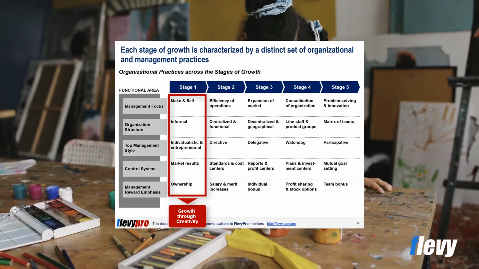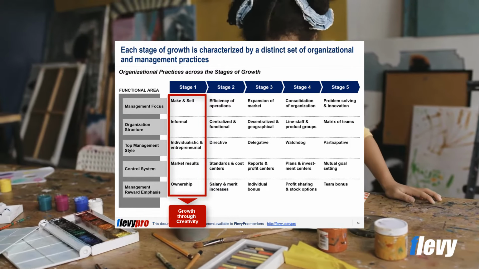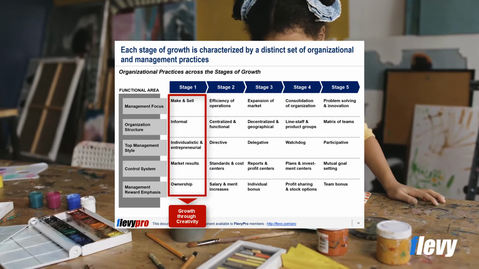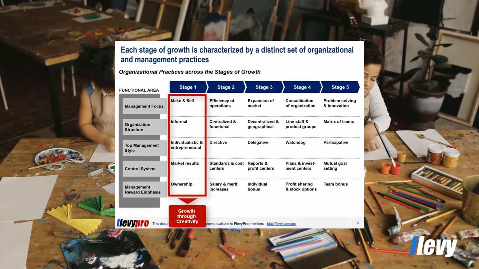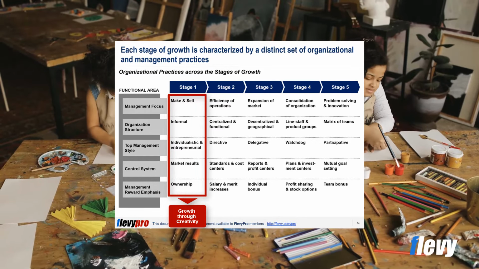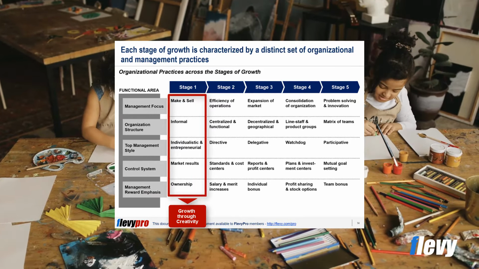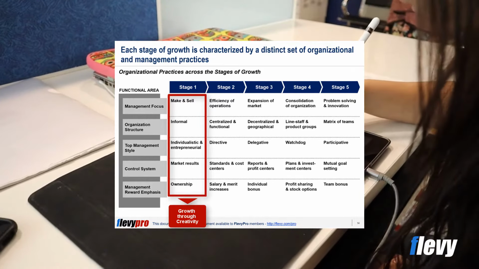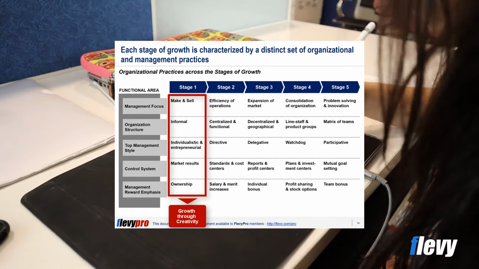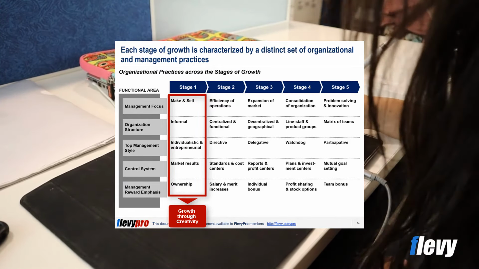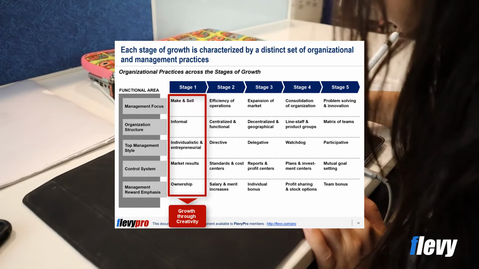The first stage strives to achieve growth through creativity. In the organization's inception, growth is driven by the creativity of the founders and early employees. When an organization is formed in its startup, the emphasis is on creating both a product and a market. All the individualistic and creative activities are essential for a company to get off the ground. However, as the organization grows, those very creative activities become the source of problems. The company's founders find themselves burdened with unwanted management responsibilities. They long for the good old days, and try to act as they did in the past, when the organization was in a much less mature state.